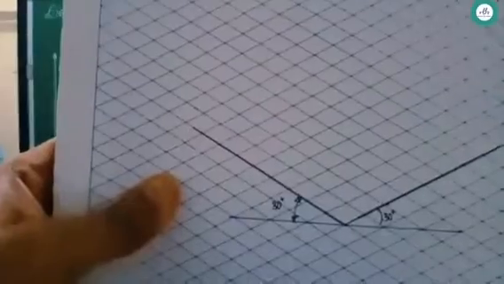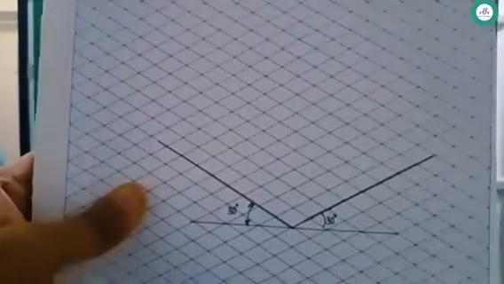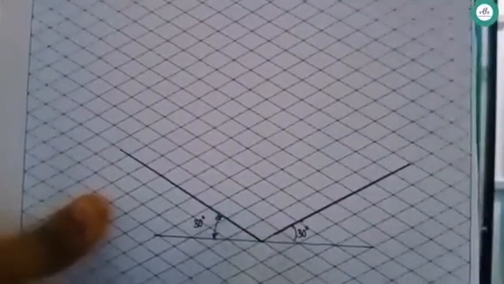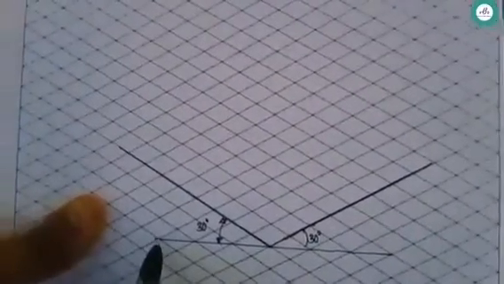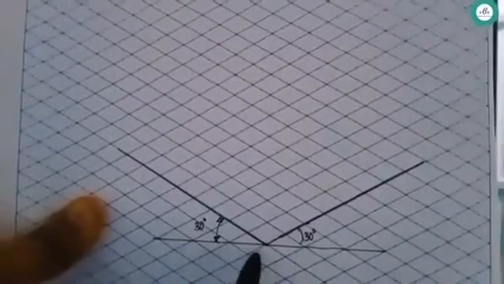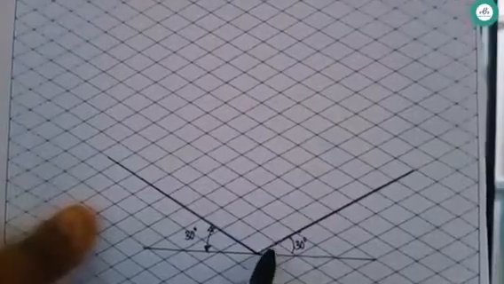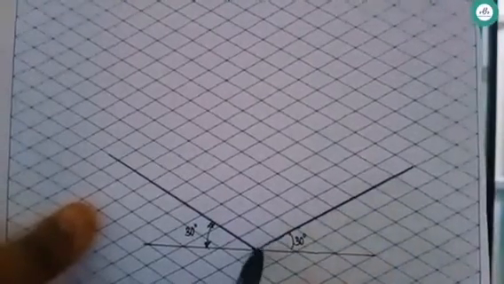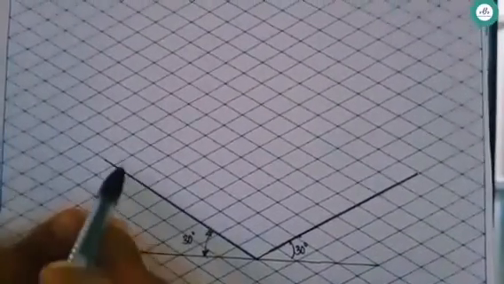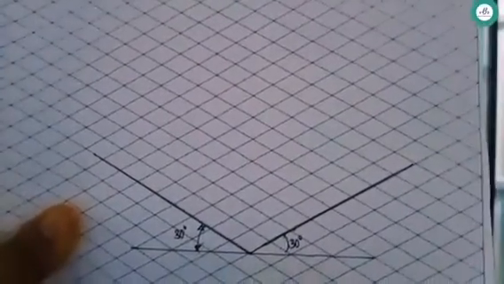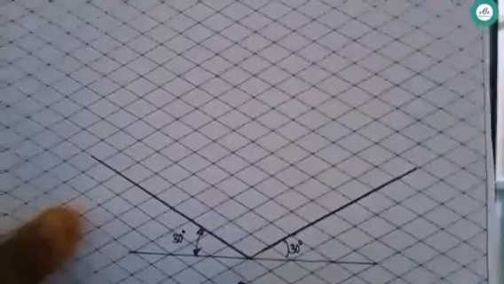To proceed with the problem, just for video purposes, we have shown this in a dark line. Remember, you should draw with a very thin line. First, by joining all these points, draw one horizontal line. Next, from a convenient point, trace this line and again trace this line. By default, this will be 30 degrees. You need not measure because it is already set.